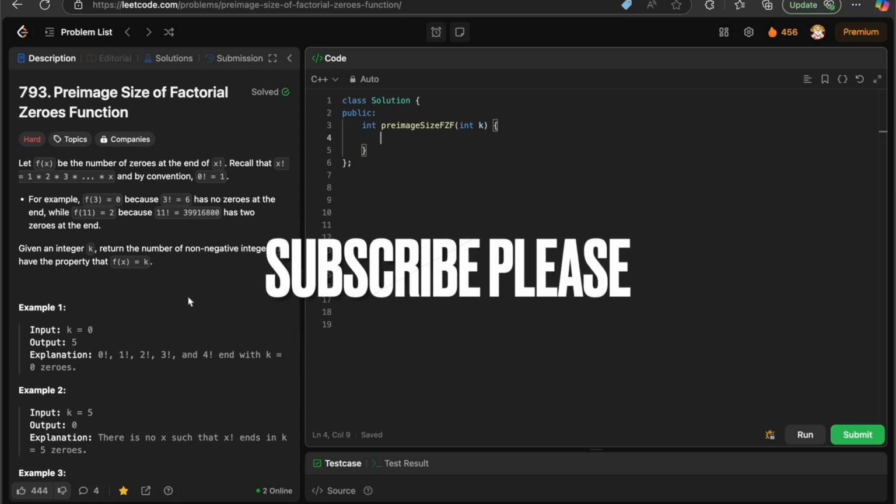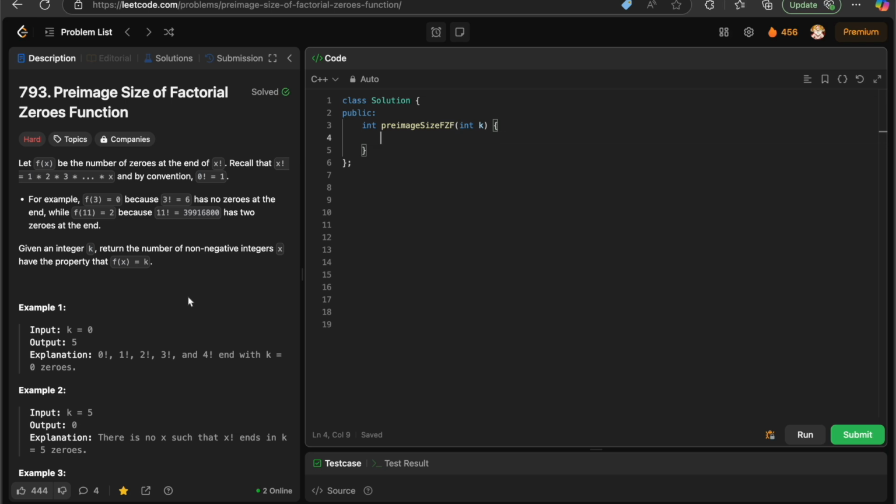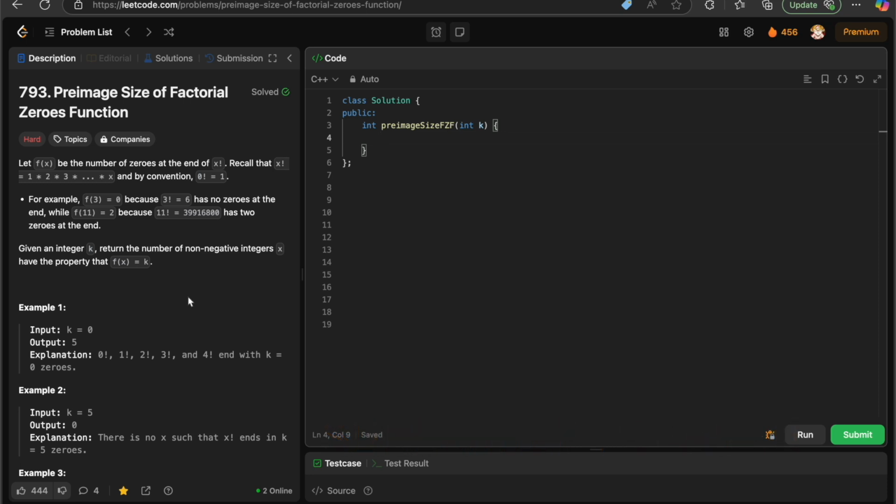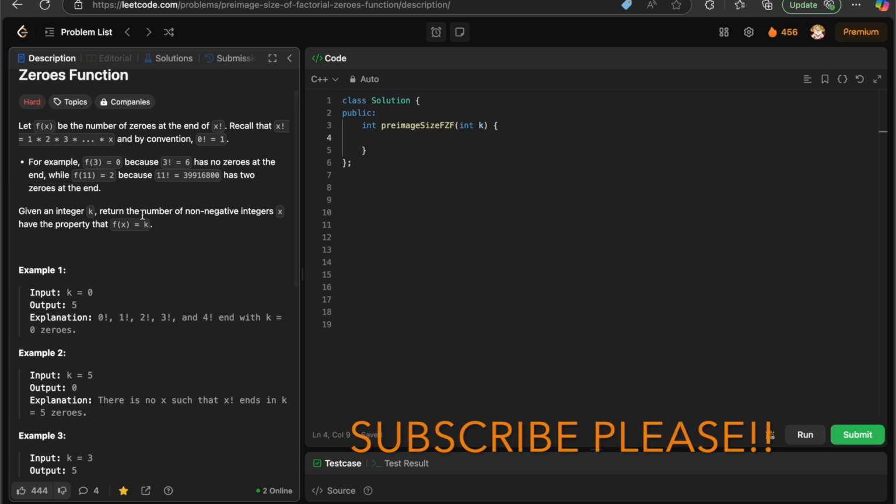LeetCode question number 793, Preimage Size of Factorial Zeroes Function. As is clear from the definition, we just have to find the total number of x such that x factorial contains k zeros. For example, 3 factorial equals 6, which does not contain any zero, and 11 factorial contains 2 zeros. So we have to count the total number of x for which the function of x